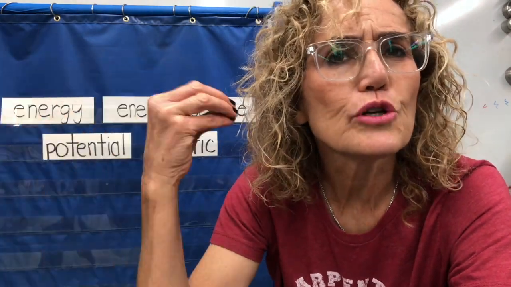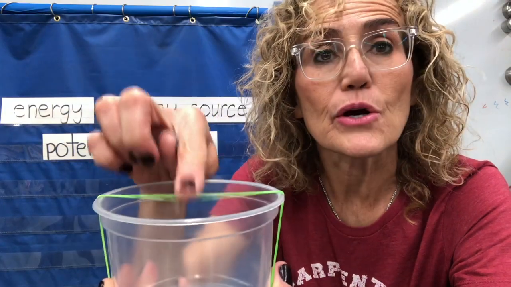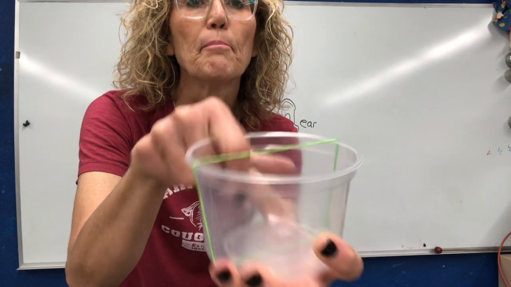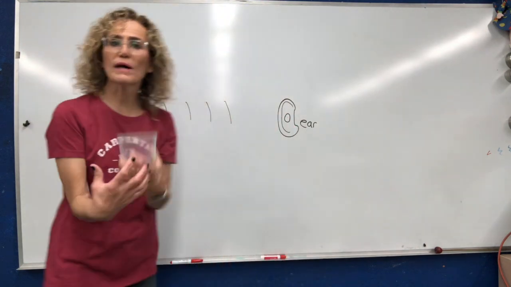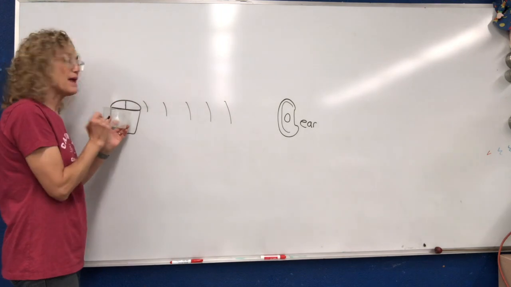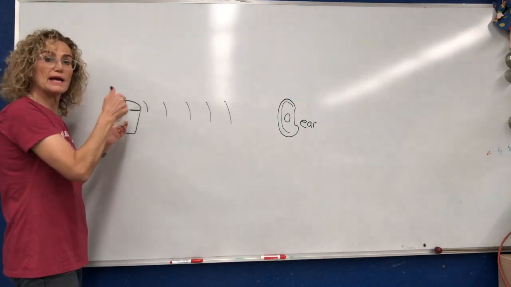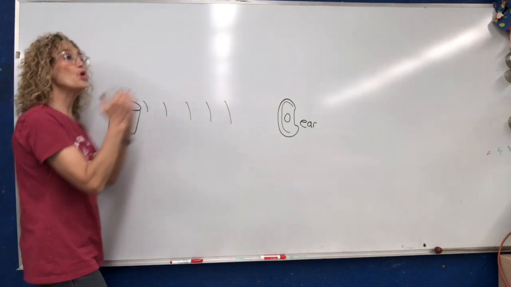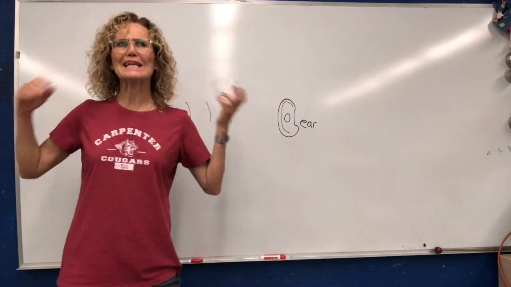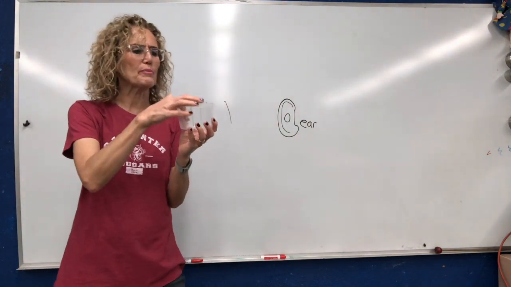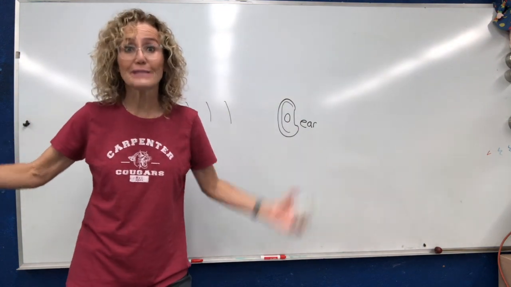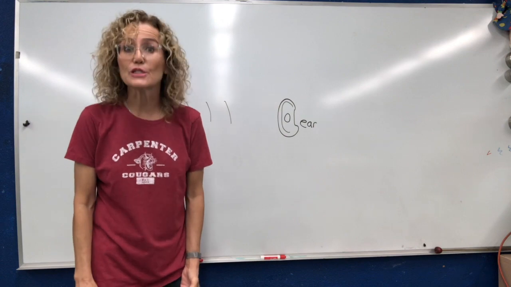So how does the motion of this rubber band moving back and forth make sound in our ears? How do we observe it, and how does it get from here to here? So here's my cup. My rubber band is vibrating. And what's happening is that when I pluck the rubber band, it moves back and forth. And it pushes on the air that's all around us. I know that it's hard to believe that this little rubber band is pushing on the air and making sound, but that's exactly what it's doing.